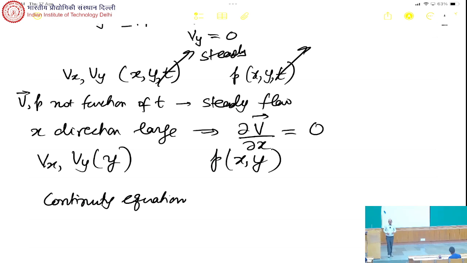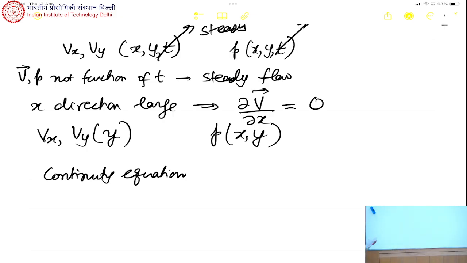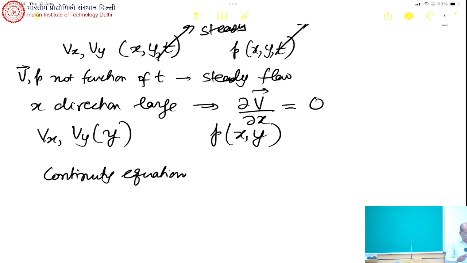Now what is the continuity equation? Please take your sheets out, because now you will require them. Continuity equation means del dot V is 0. It is written in the center of the page, B8. And it is incompressible flow, so forget all densities. So the continuity equation leads to